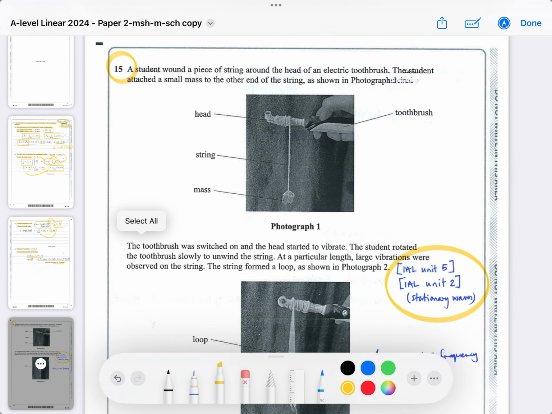Okay, here's part 2 of this Edexcel Linear 2024 paper for A-level students. It's called Advanced Physics 2, which is equivalent to or closest to the IAL Edexcel Unit 5 with additional questions on Unit 2, waves from Year 12, and some questions on materials. I've already gone through the multiple choice and up to question 14 in the first part, which you can find in the same playlist. So I'm going to go straight into